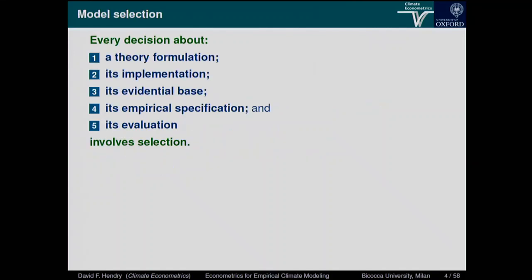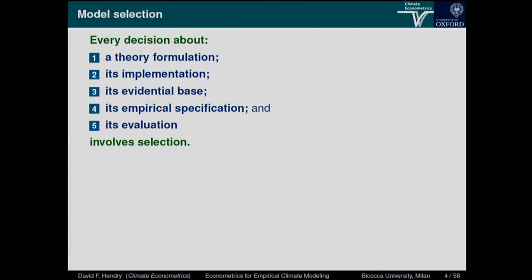So model selection is ubiquitous, and I find it hard that people will spend ages developing a theory, and it's usually a theory model, which is one of many theory models they've thought about, and that's an issue of selection. They select a particular theory. Now, that's less true in the climate area, where everyone pretty much agrees on what the theory looks like. Then you've got a theory, then there's how you implement it. What functional forms do you use? What parameterization? What's the measure of time?